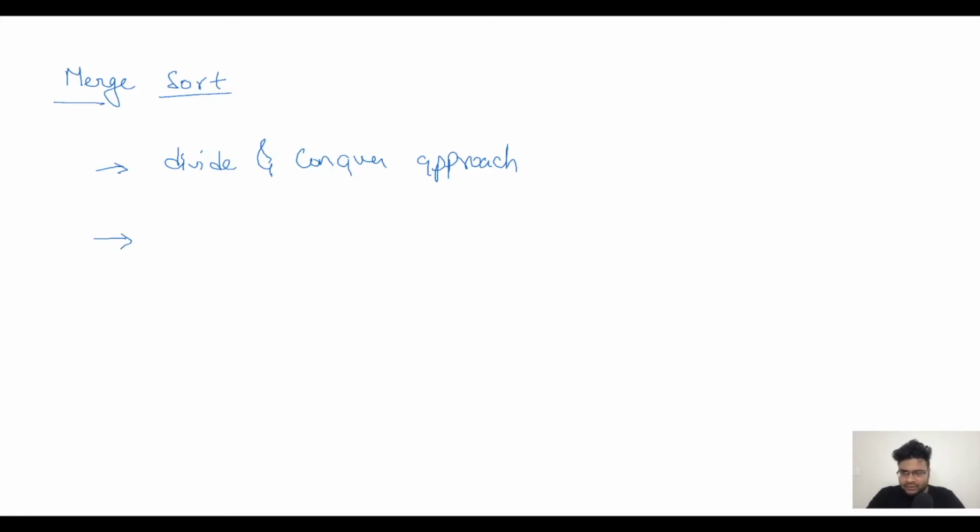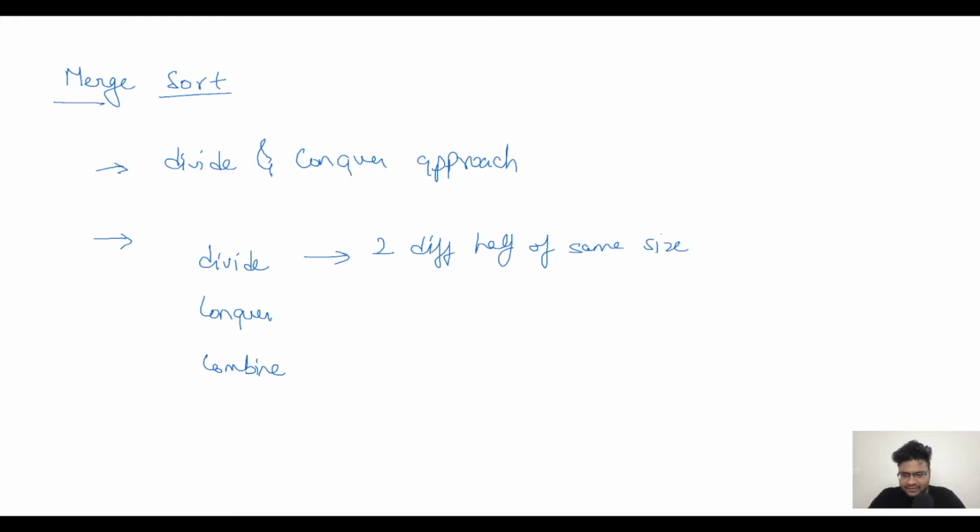Now merge sort also has three different phases wherein we divide the problem, we conquer the problem, and then we combine the problem. Divide in merge sort is very simple. You basically divide the original array into two different parts, the first half and the second half. We keep dividing into two halves of the same size, and if the count is odd, you can give one extra element to one of the halves.